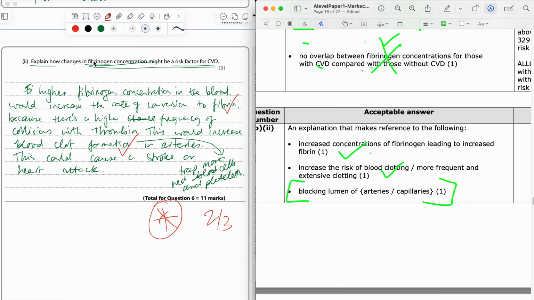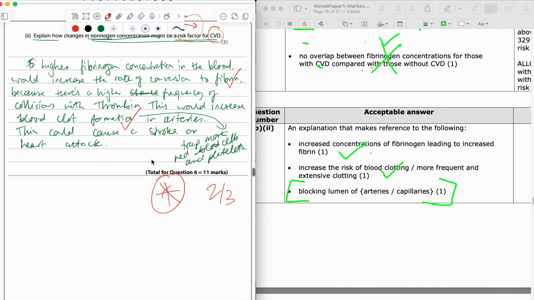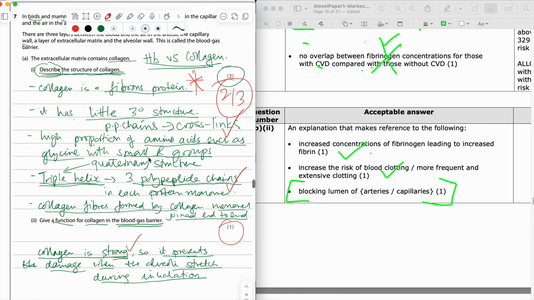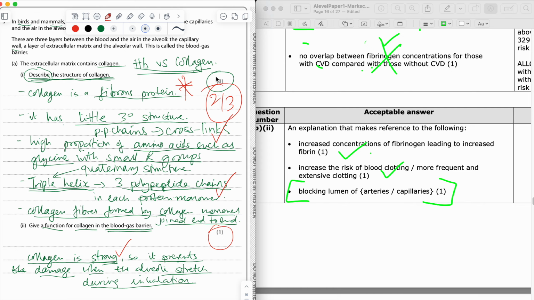All right, so we start with fibrinogen concentration, and it should be point without gaps. That takes us to CVD. And I'm guilty of not completing that story, that third step. So we've got blood clots, but how do blood clots cause cardiovascular disease, right? Sure. Okay. Then we've got the structure of collagen, factual details, fine, just missed one out there,